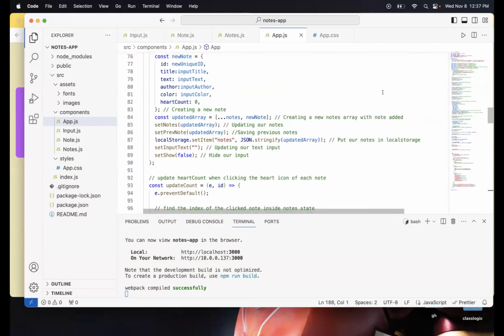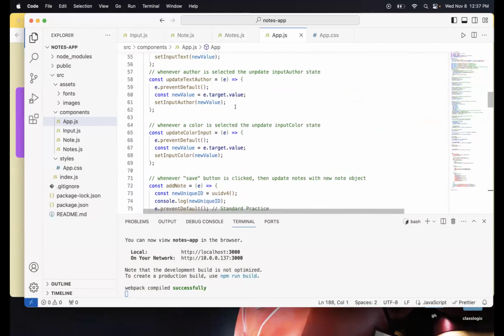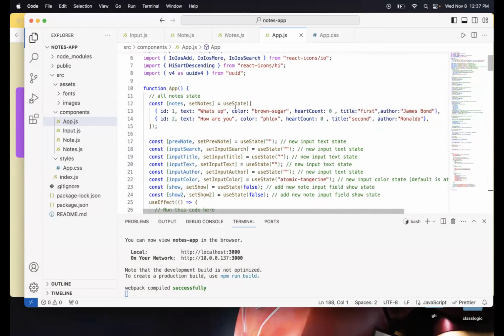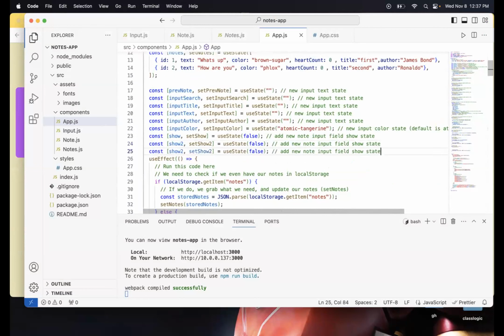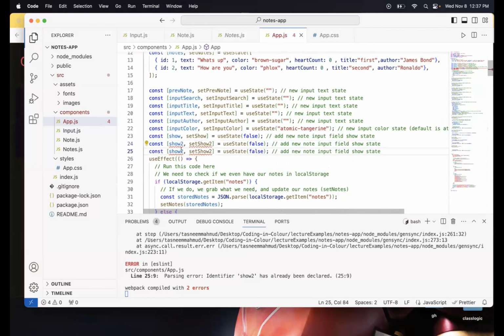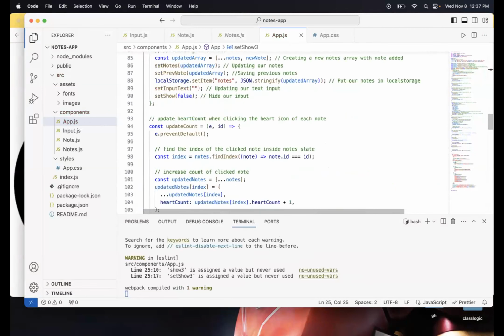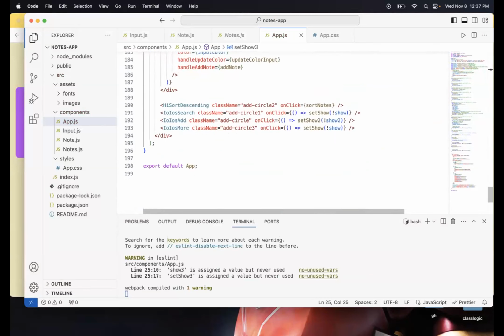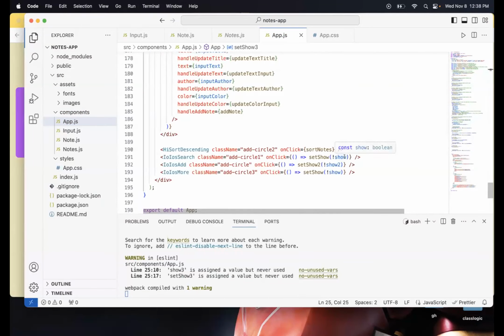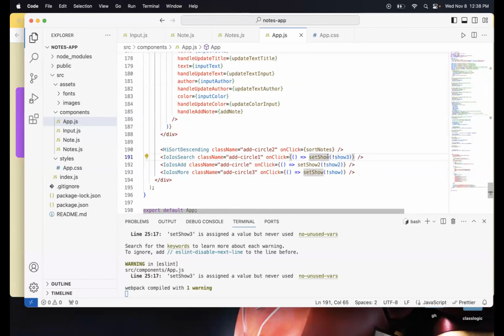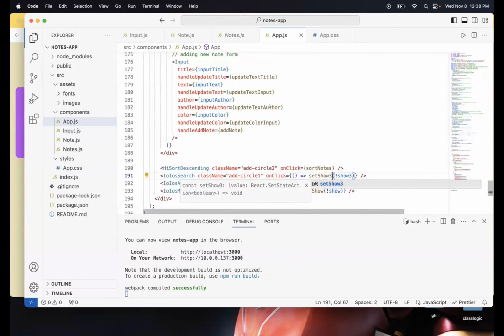Let me add another instance for this. Call this 3. Change this. Change this.